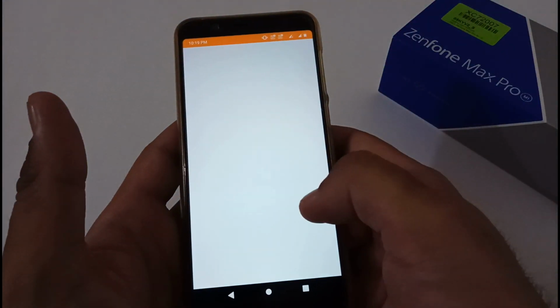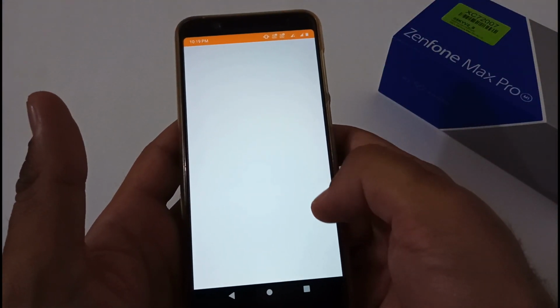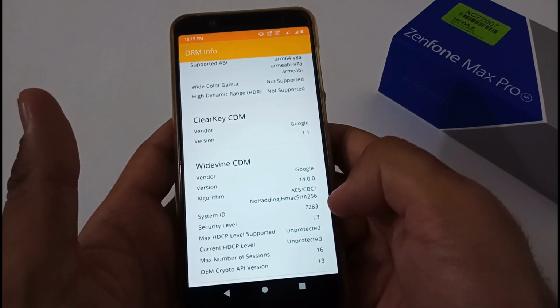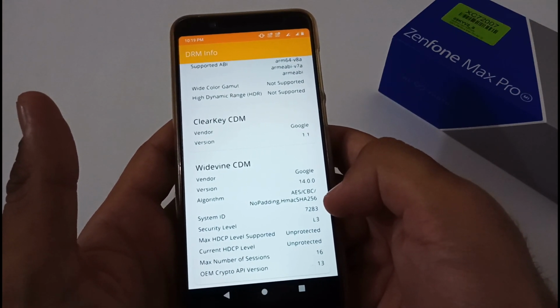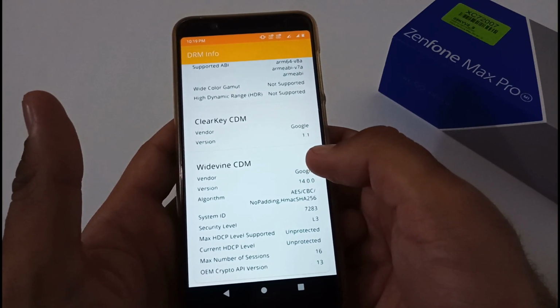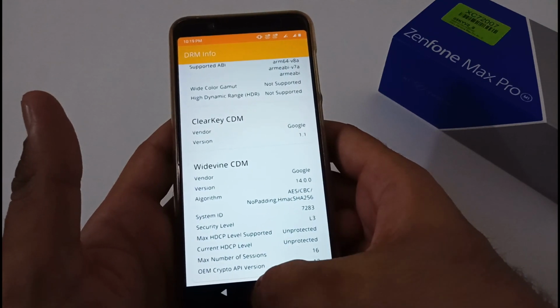Apart from this, let's verify the status of Widevine certification as well. So again, disgusting. At my side it was L3 and still L3, but if at your side it is L1, then it will stay L1, because I have installed the Android 10 beta 1 version. That's why afterward I'm getting this particular error.